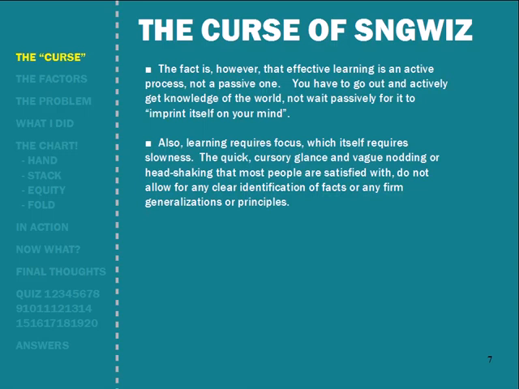So, that quick cursory glance and vague head nodding or head shaking that most people are satisfied with when they review their games, it's not an active process. Players who do this don't allow for any clear identification of any facts or factors. And so they really don't form any generalizations or principles that might help them in other similar but different situations, right? All they learn is, they hope to memorize this specific hand with this specific stack setup,